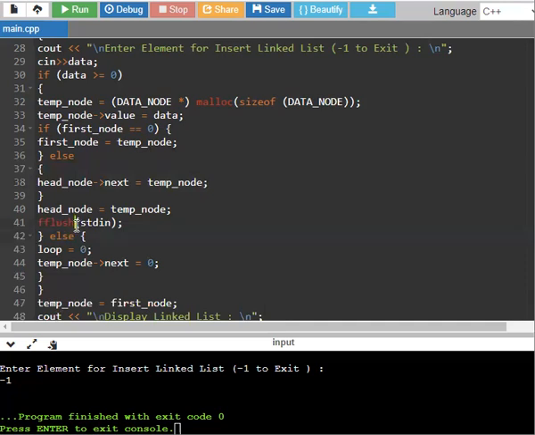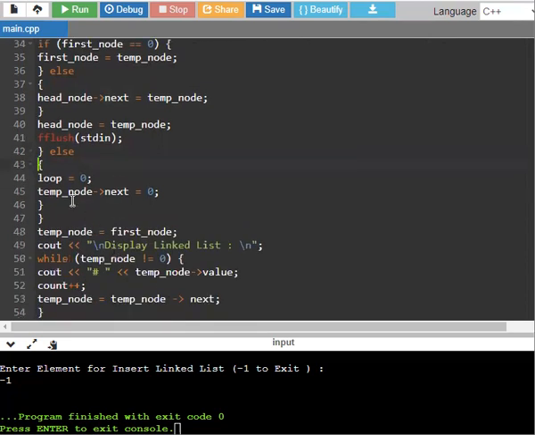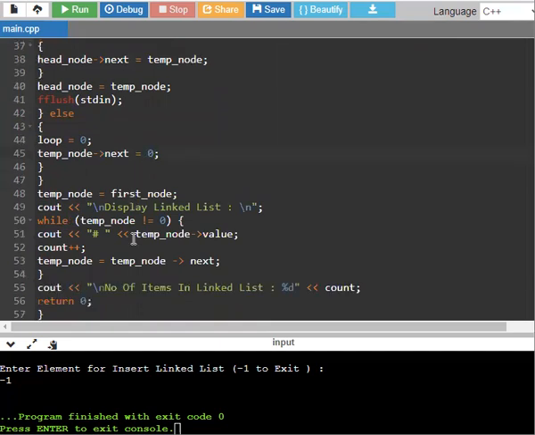Then it is a flush of stdin, meaning the memory is temporarily freed for getting the value. Then temporary node's next equals 0, meaning that until the user puts -1, the values can be stored. When the user enters -1, the program will be terminated.